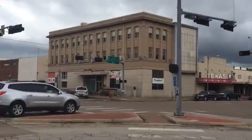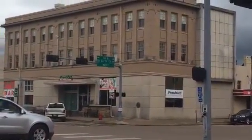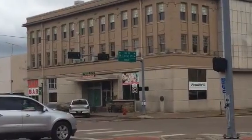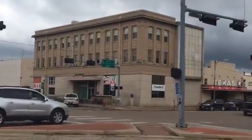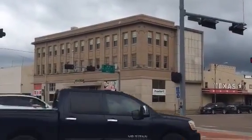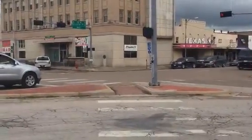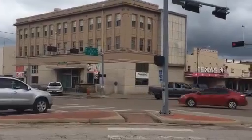Seriously. Anyway, this is what used to be in the back in the day, Andrew's Cafe. Now it's Frankie's Italian Pasta and Pizza, which is absolutely a wonderful place. But Elvis Presley would frequent this place when it was Andrew's Cafe back in his Army days. He and his Army crew would come through here often because he was stationed in Fort Hood for a time. And they used to love going to Andrew's Cafe. And a funny story,